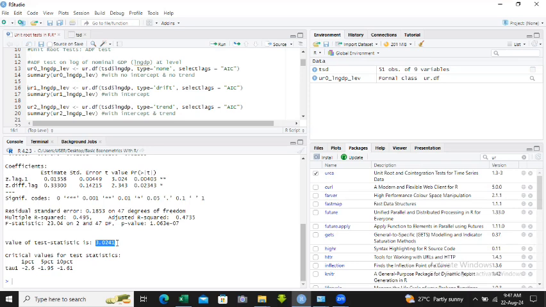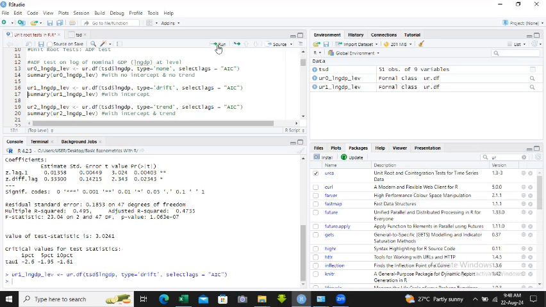That is, the log of nominal GDP is not stationary at level if we don't include constant and trend in our specification. So let's check for another specification where we want to include intercept. Okay, we want to include intercept. So the first one, we said we don't want intercept and trend. Now we want to include intercept, but we don't want to include trend. Here we have similar code. The only difference is type equals drift. Drift here means intercept. So if I run the code here,